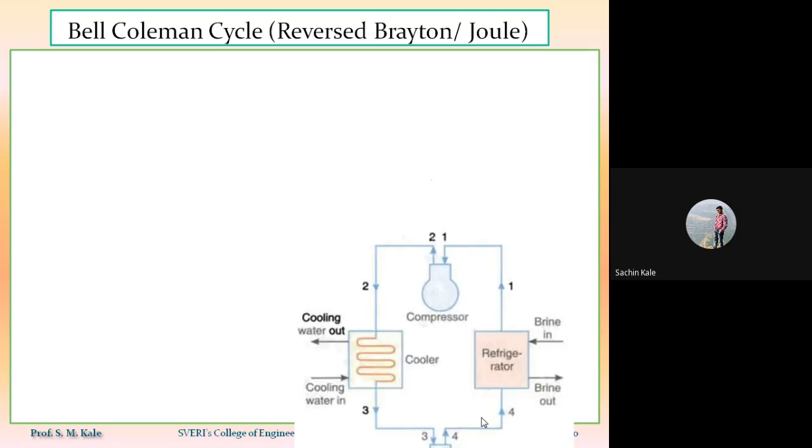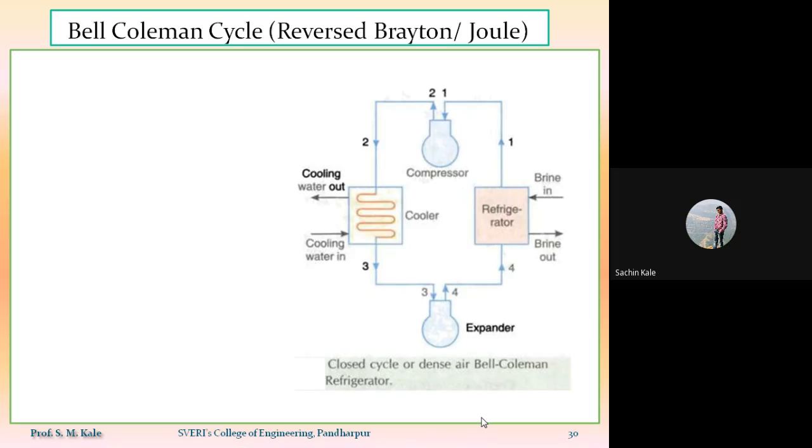So we have seen that the reverse Brayton or reverse Joule cycle consists of four devices. First one is the compressor. Second one is nothing but the cooler. Third one is called the expander, and fourth one is called a